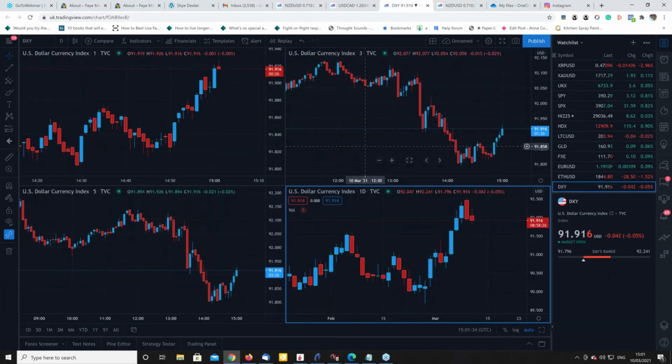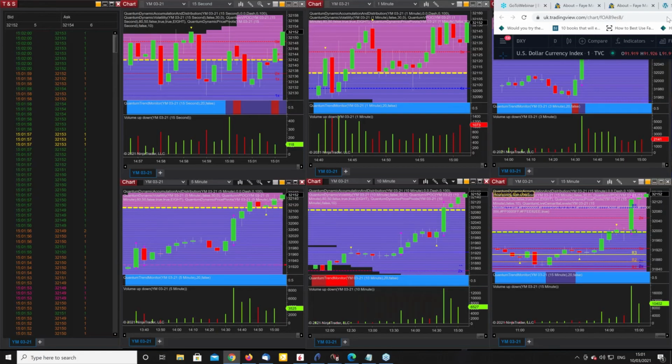In terms of the dollar, this is basically it across the time horizons. This is 1 minute, 3 minute, 5 minute, and on the day. This was the 2-bar reversal, which is signaling weakness. Obviously, on an intraday basis, you're going to see all sorts of price action going on, but longer term, perhaps you're going to see a sell-off in the dollar based on that 2-bar reversal there, which, if you overlay one candle on the other, what are you going to have? You're going to have a shooting star.